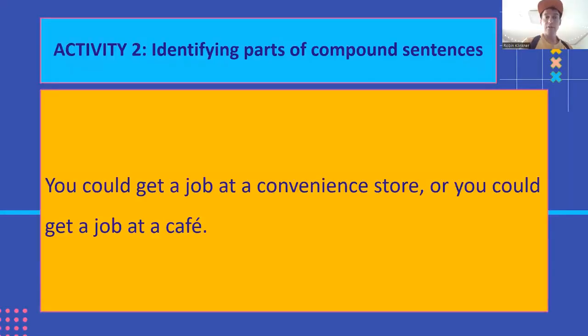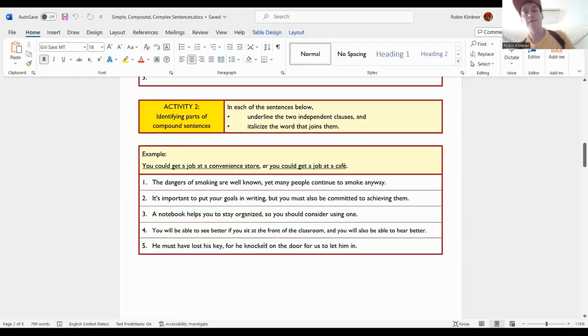All right, for activity 2, and let me just, once again, go back to this handout. In activity 2, there are 5 compound sentences. This is super simple. All you need to do is underline the 2 independent clauses in each compound sentence and italicize the word, the coordinating conjunction, the fanboys that joins them. So let's take a look at an example. You could get a job